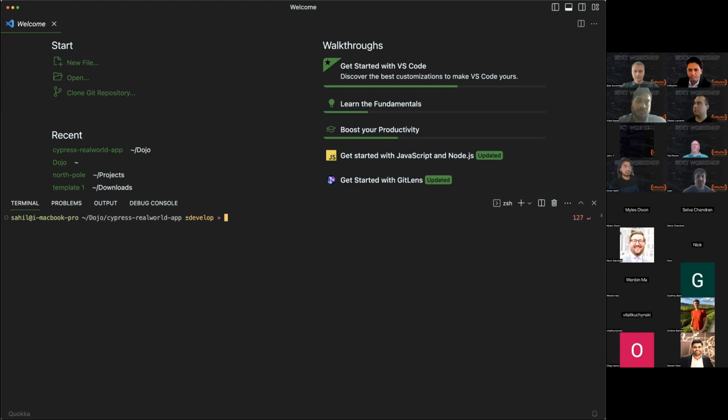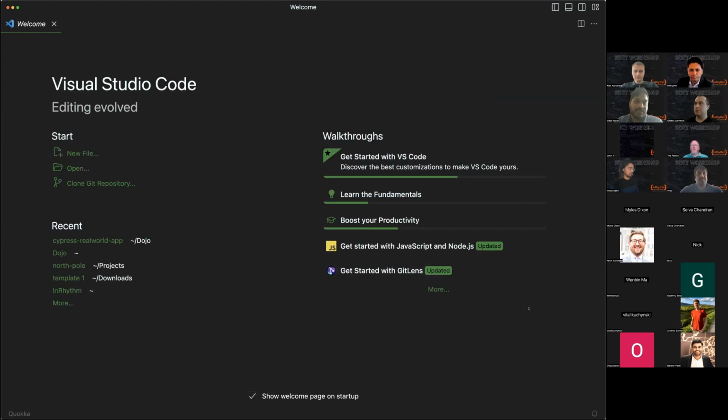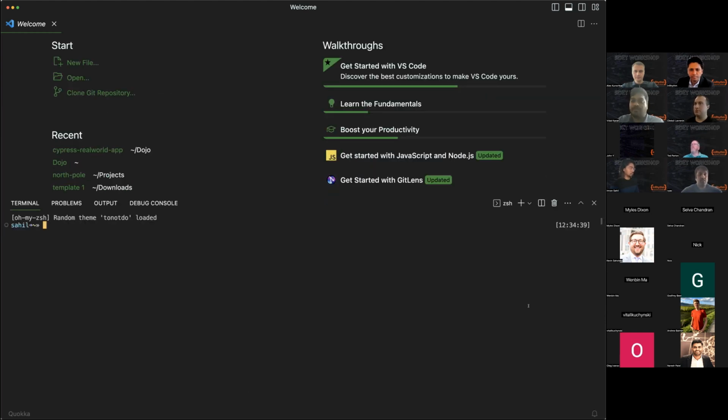Let's do this. Instead of using the real world app, let's just make an empty repository and write our tests in Google, for everyone's sake. I think just getting this set up to begin with might be difficult inside of the call. So for everyone, we'll write all of our tests against the Google homepage, just to keep everything going along. Okay, sounds good. So just make a new directory.